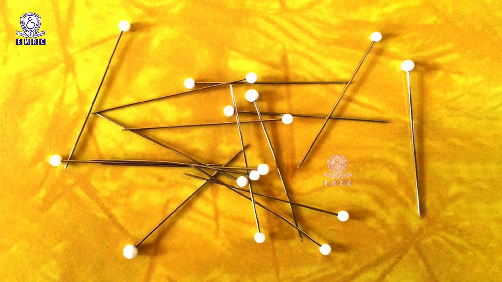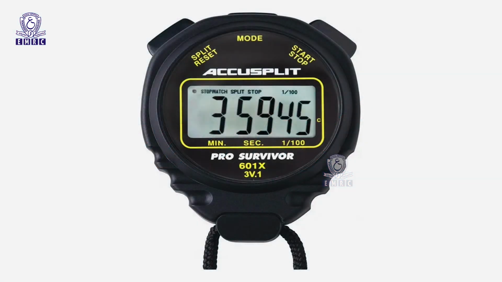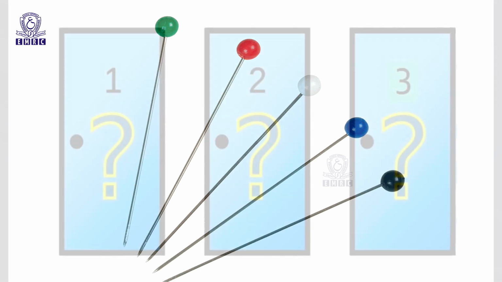If you miss or drop 1 or 2 pins, do not stop to pick them up. There are extra pins. Now, the experimenter can give the order ready or go. At once, the experimenter should also start the stop clock and make a note of the time for the first 5 rows and then for the second 5 rows. When the subject has completed all the 10 rows, the experimenter should remove all the pins and put them in the tray as they were before and make ready for the second trial.